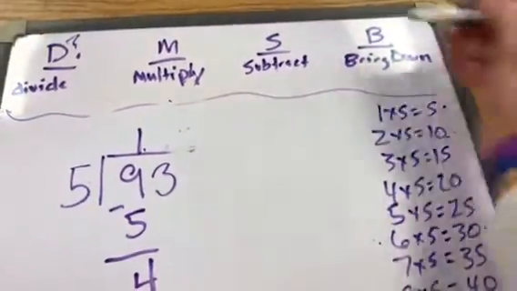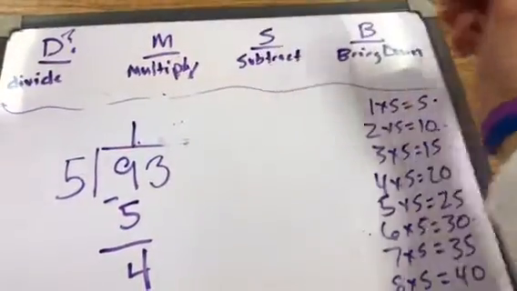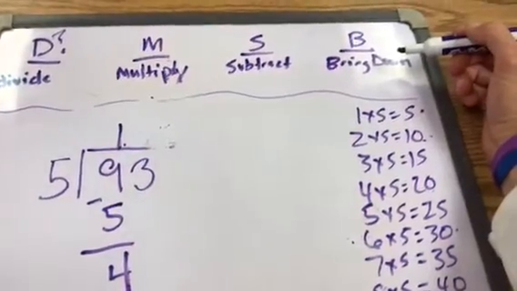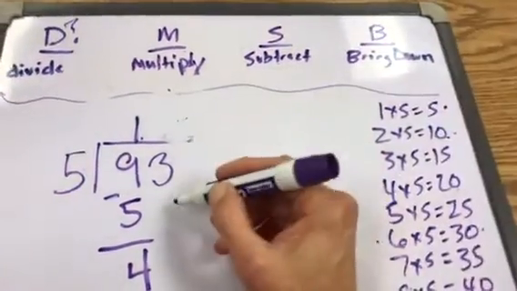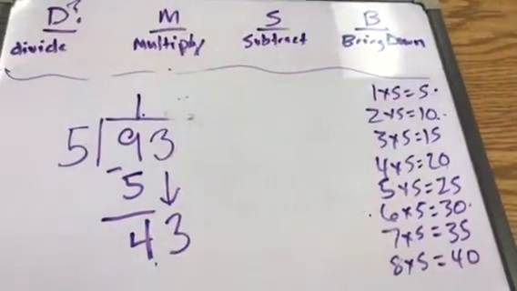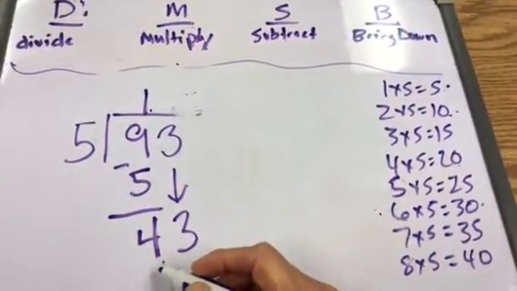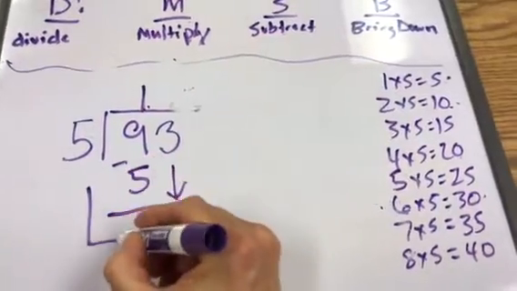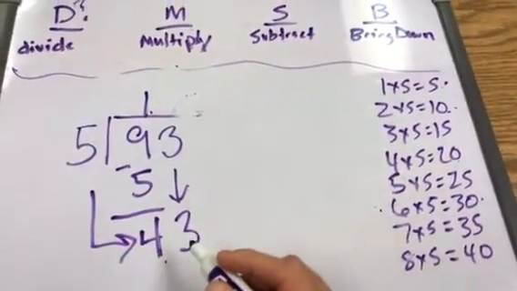And so we go up here, we've gone through dividing, multiplying, subtracting, and that last step in Dirty Monkey Smell Bad is to bring down. And so I had them draw an arrow just like this and put that 3 right beside the 4. And then I had them draw an arrow like this to kind of refocus them,